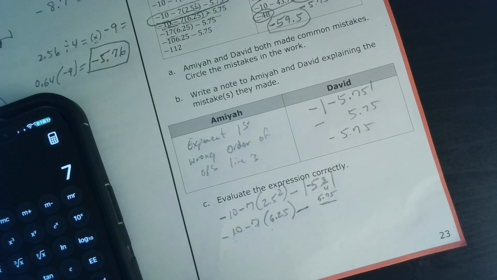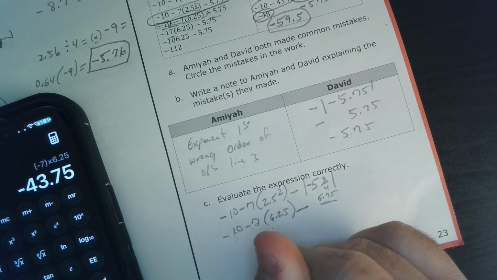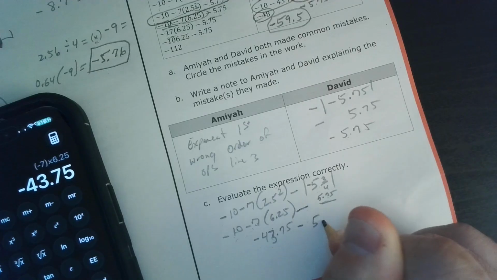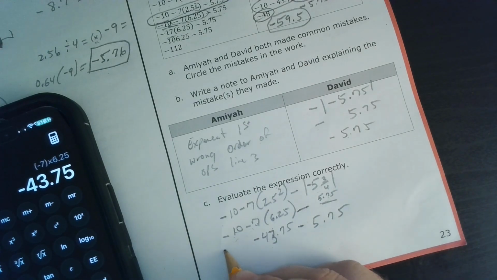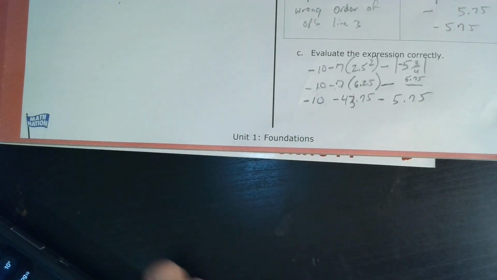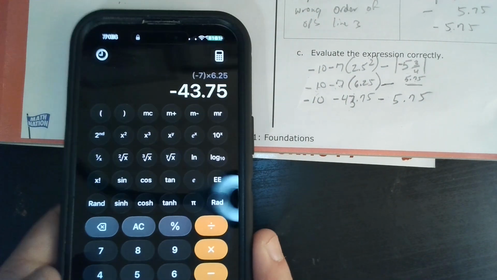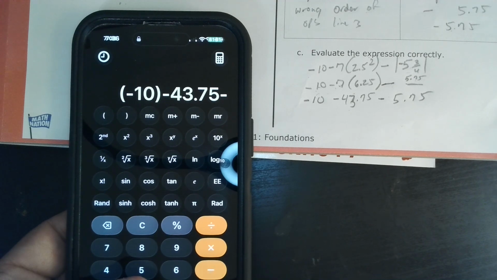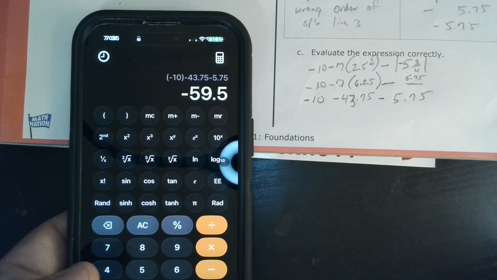So 7 negative times 6.25. So now we got -43.75 minus 5.75. And then up here, we still got -10. It hasn't been touched, right? Okay. We got to scoot over from running out of screen room. So now we're just going to redo it in the calculator here real quick. So -10 minus 43.75 minus 5.75 equals